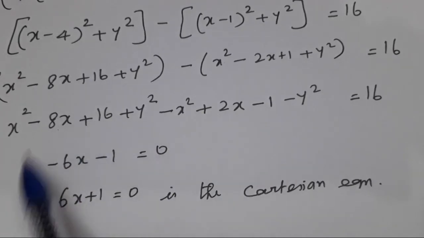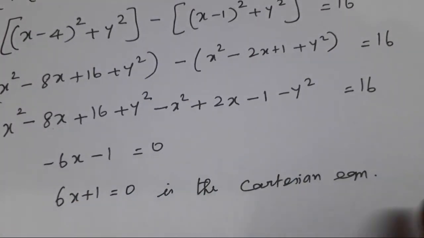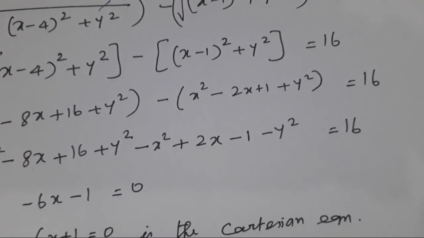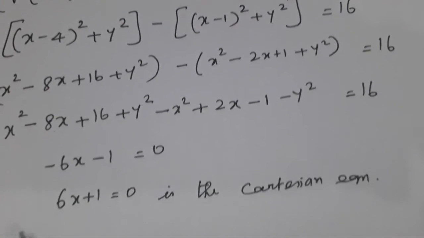You arrange it. Which one is cancelled? These are all very easy calculations. Apply the a minus b whole square formula and a plus b whole square formula. What is our concept? Instead of z, you substitute x plus iy. After that, the modulus value is nothing but real part square plus imaginary part square. If you understand, the calculation part is very easy for you.